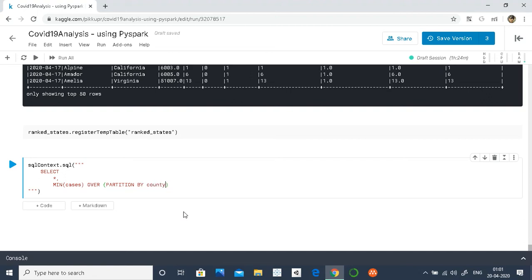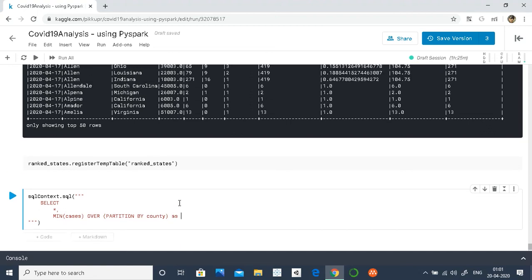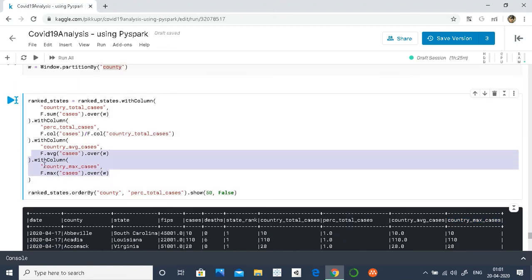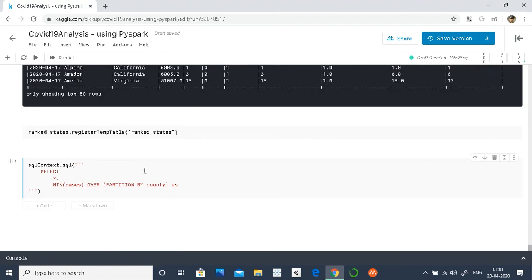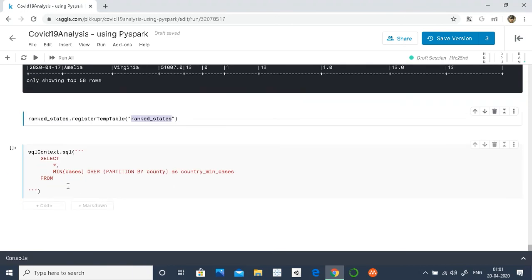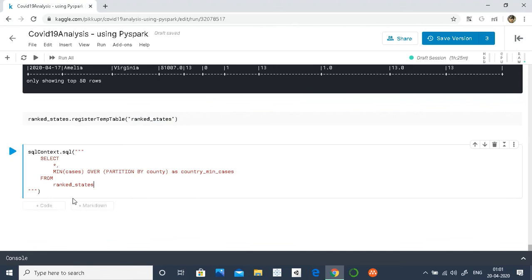Our county partition. And now we are going to assign it a name, just like we did above, so I'll be picking the same name. Instead of max, this will be min, and that's it. Now we will mention from which table to pick the data, which is rank state.